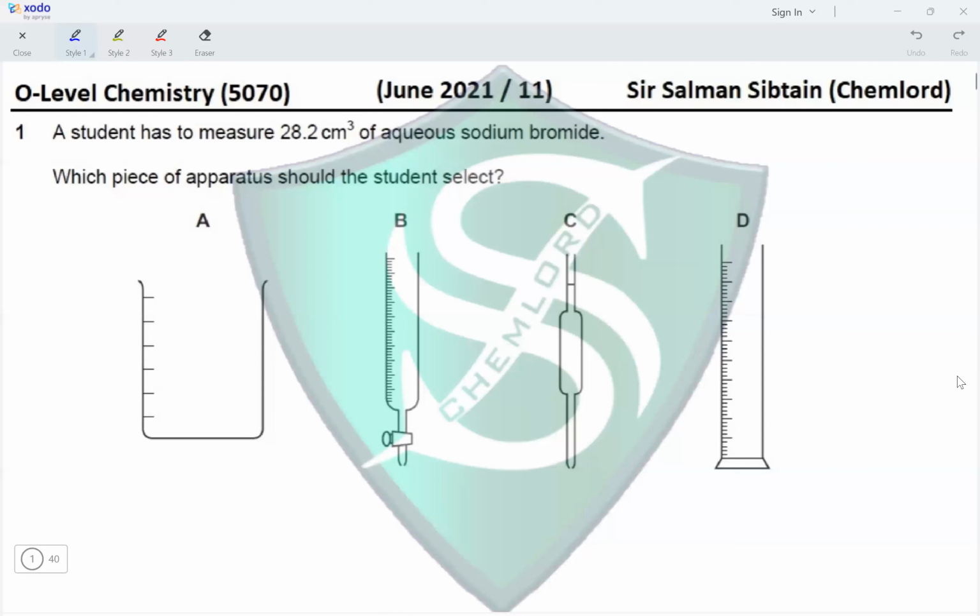The measuring cylinder. A measuring cylinder can be used to measure approximate volumes. Measuring cylinders are not very accurate in measurement. So if we need approximately 25 cm cube of a solution, then we can use the measuring cylinder. Usually measuring cylinders are used to take solutions that do not have a particular restriction for